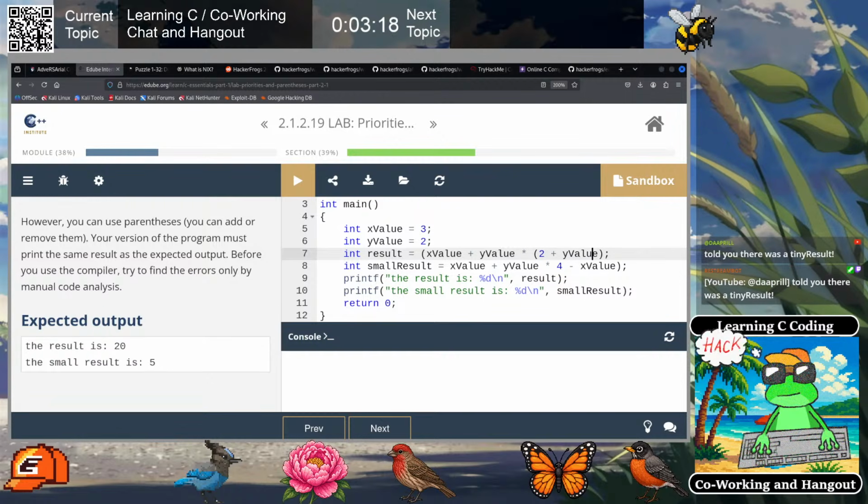So if we put the parentheses here and here, then we get 4 times 5, which is 20. I told you it was a tiny result. Okay, small result is 5. So small result is x value plus y value times 4 minus y value. So we want to get...